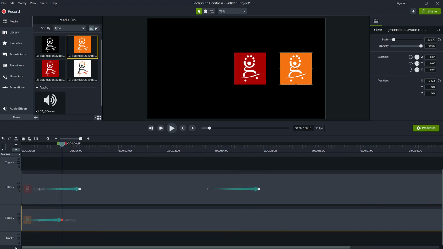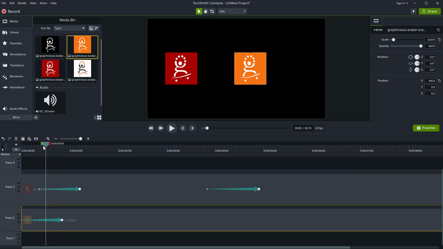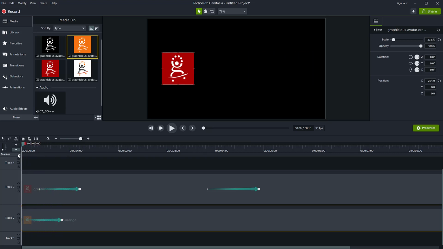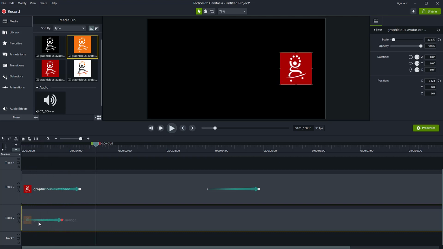I'm going to zoom in for a bit. So now what happens is both my objects are performing the same animation. So it's a very nice effect. Because the orange one, the animation starts earlier, it starts to move first. So I can move the animation, and again, very helpful, they snap into place.